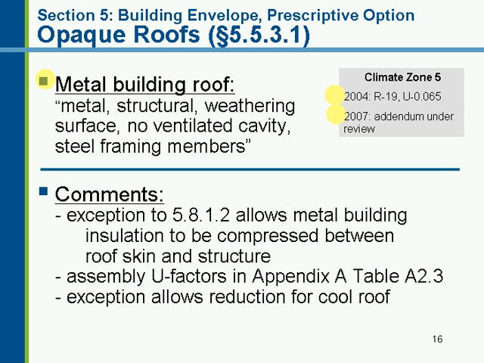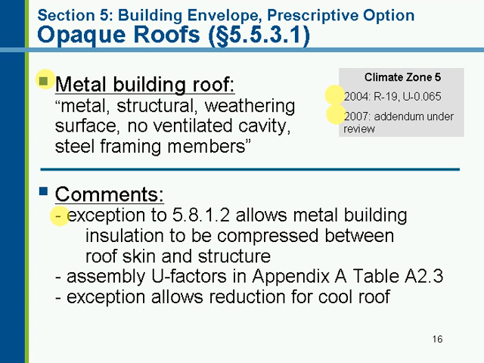In section 5.8.1.2, it requires that all the insulation be full depth when you install it to comply with these prescriptive R-values. However, there is an exception for metal buildings which allows the insulation to be compressed between the roof skin and the structure. This is the way that these systems are commonly installed, and so there is an allowance to